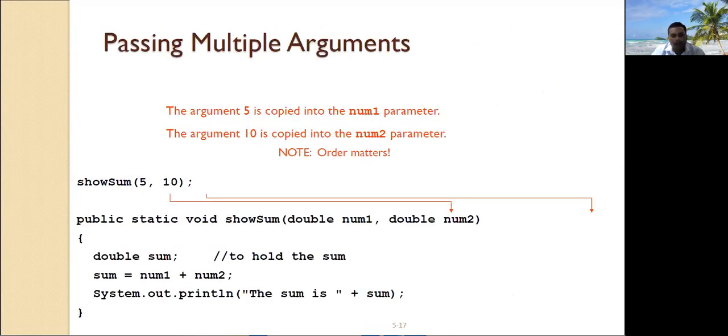Then, passing multiple arguments to a function or to a method: we can specify a number of parameters in the parameter list of a method, and during a call of the method we can pass that number of arguments to that method. Here in this example, we define two parameters in the header of the method, and at the time of calling the method we have to pass two arguments having exactly the same types, which are specified inside the parameter list.